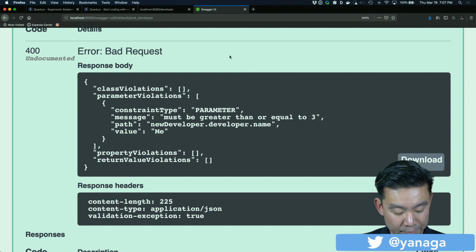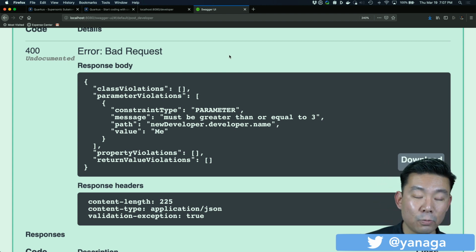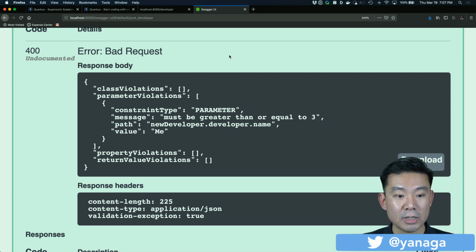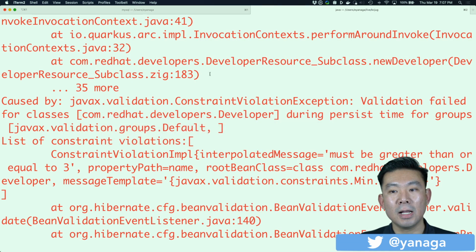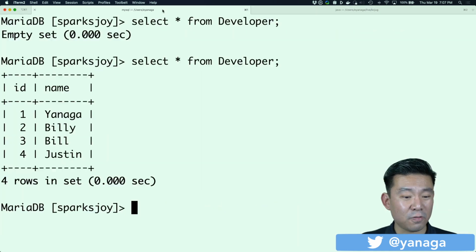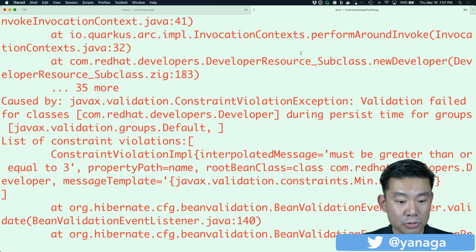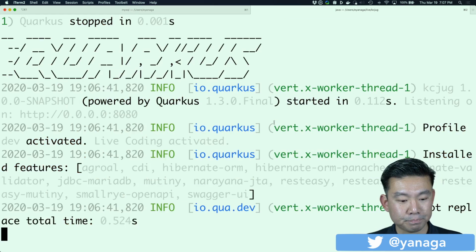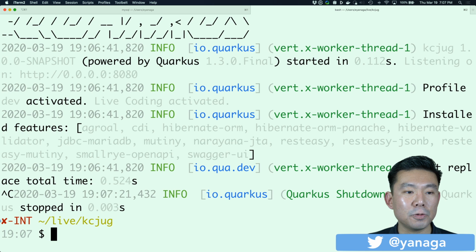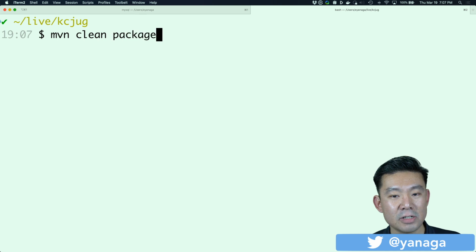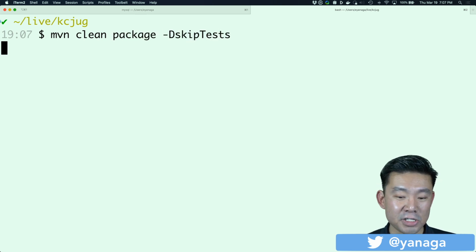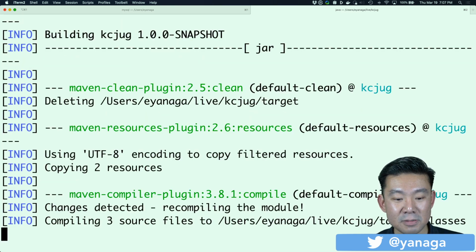Okay. So before we run other demos, I have to show how big is Quarkus, or how fat is Quarkus. For the first time today, I'm going to stop my Quarkus development mode and let's try to execute a build. And just for now, I'm going to skip the tests, okay? Because I changed the code and I didn't change the test, but never do this at home, please.